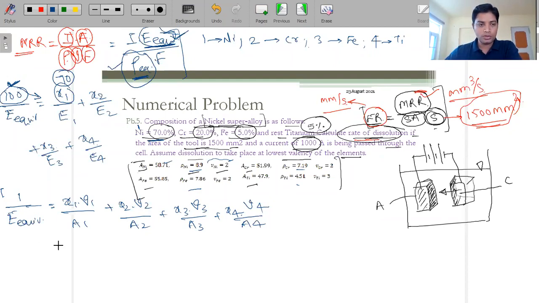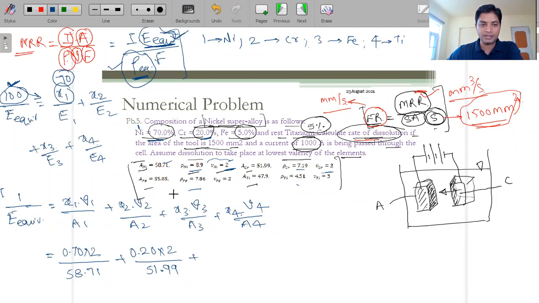So x1 is 70%, so I'm taking 0.70 into V1, the valency for the nickel, this is 2, upon the atomic weight for the nickel, that is 58.71. Next is x2, for the chromium, so this is 0.20 into valency, this is 2, and the atomic weight is 51.99,